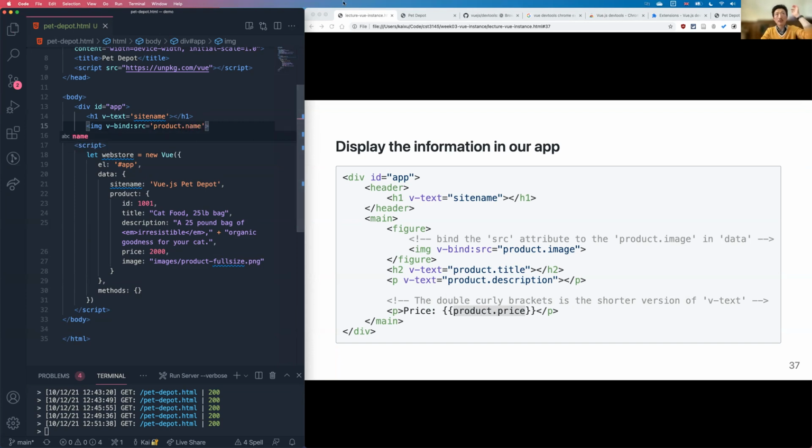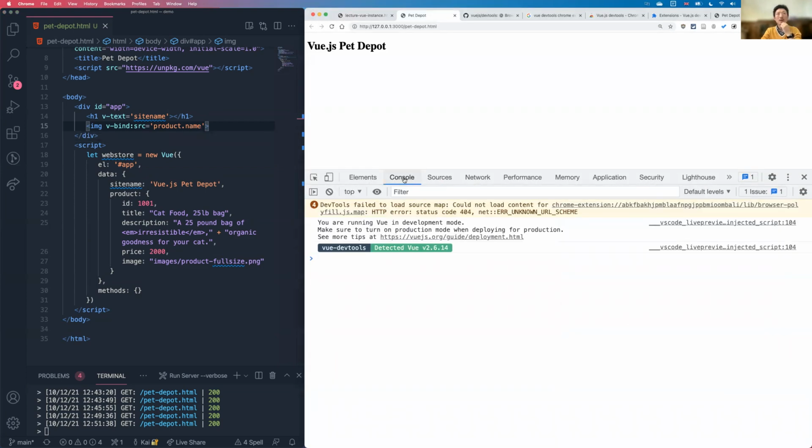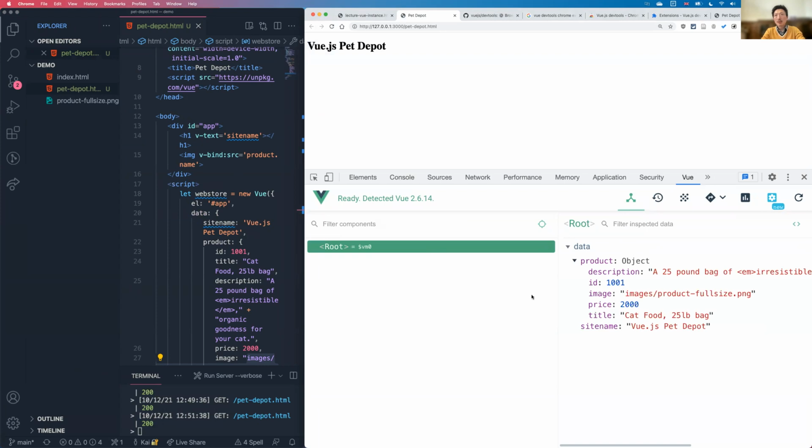Currently, if I do this, nothing is going to happen on my page, because product.name is looking for this file, but it does not exist yet. You can see here I don't have an images directory with an image file in there, which I could include, and then it will be able to display here. It just displays it in data. You have products with this information. And if I can quickly find the image and put it in the